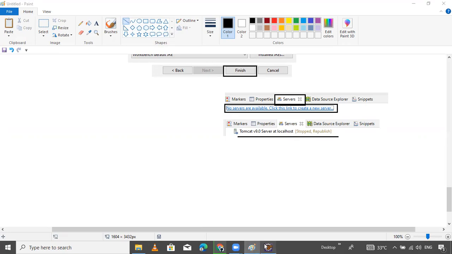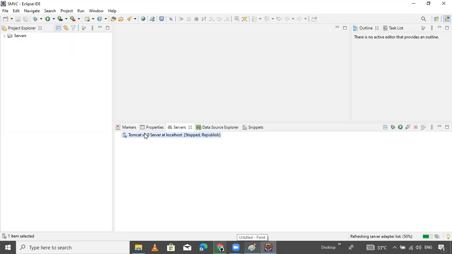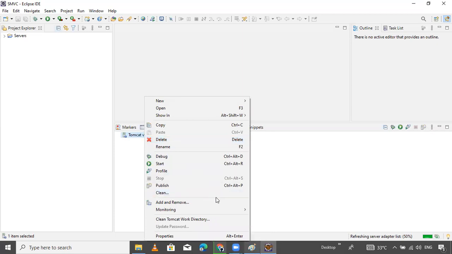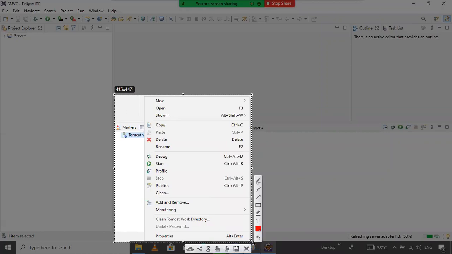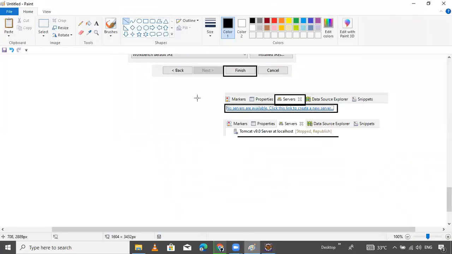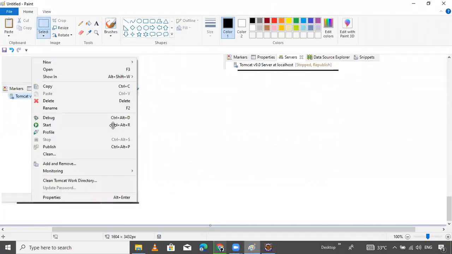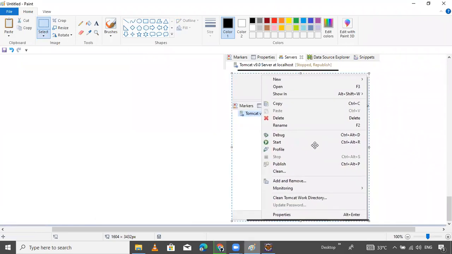That's it. Next is how to start the server. Just right click on the server. These many options are there, and a Start option is there, and a Debug menu.